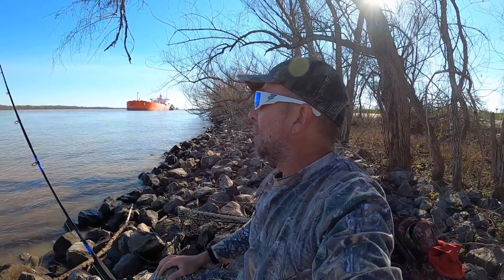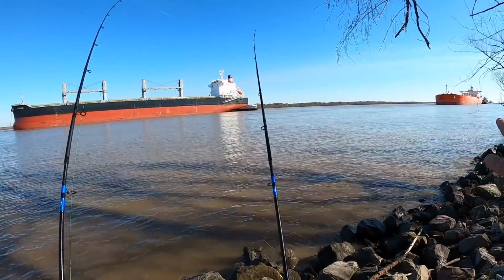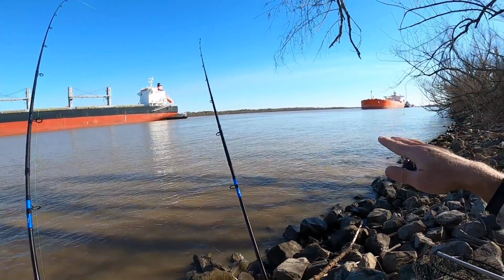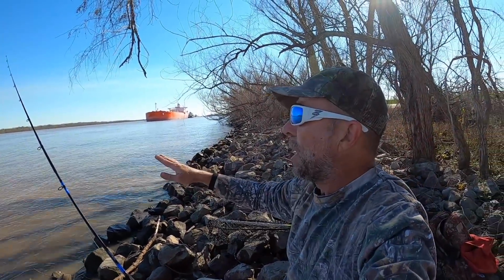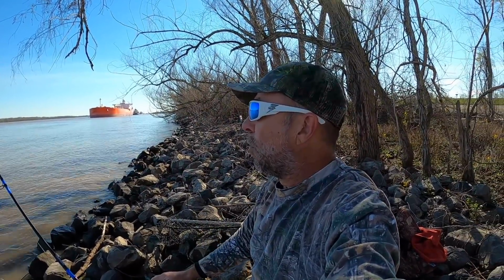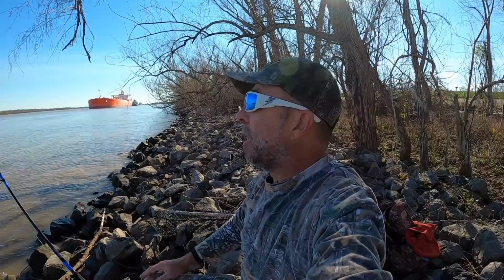I've brought both rod tips down, and as you can see, I hope you can see, both baits have been dragged that way considerably by the current. I'm going to leave them out for a bit, and then when I feel like it's time to bring them up, probably going to switch to 4s or something else, switch to another spot,